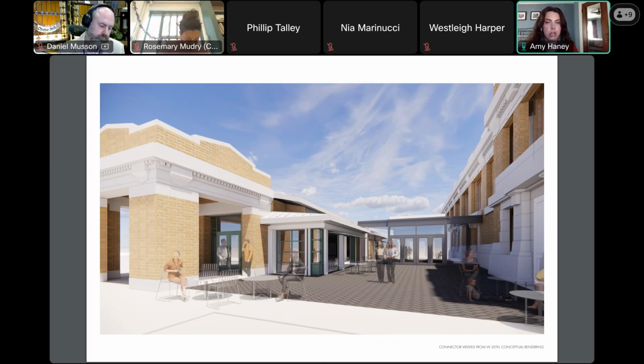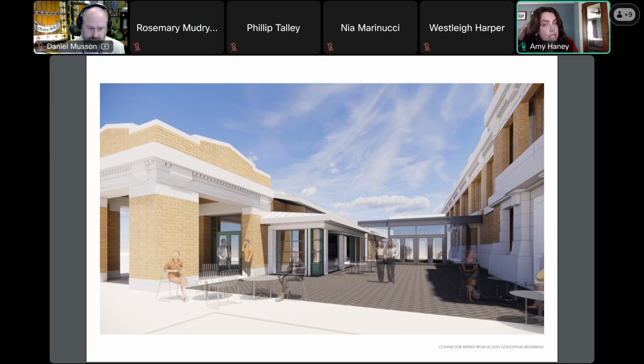We still have to detail how the glass is connected to the market hall and the arcade. We do have a few options. We could saw cut into the masonry there and epoxy it in, or we could potentially frame it out around it, or just have a kind of acrylic seal there. But the thought here is to be very minimal and very transparent, and just kind of make the new addition look much different, but also have a light touch to the existing architecture here.